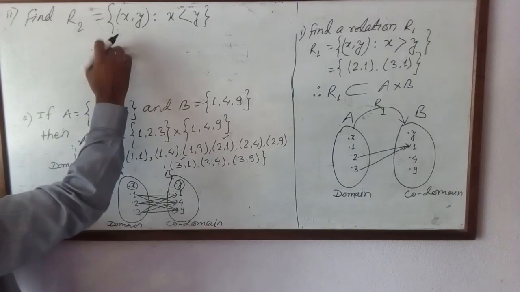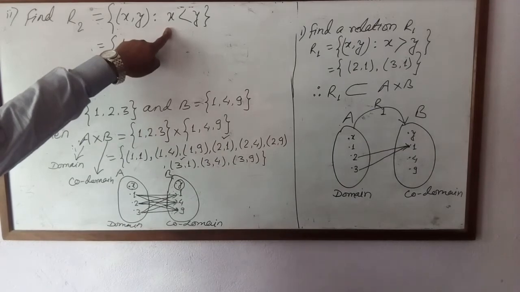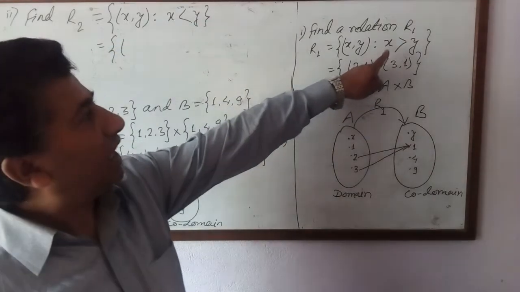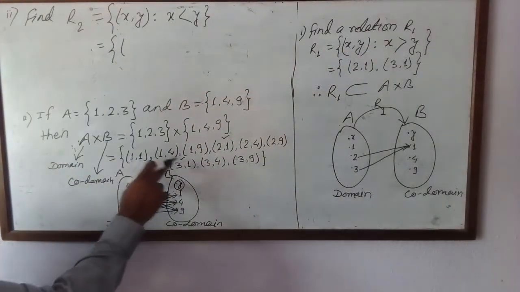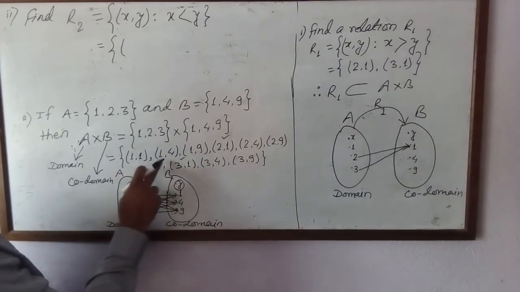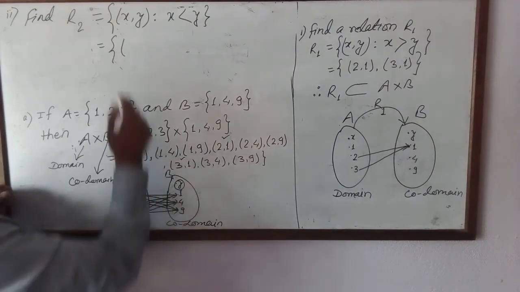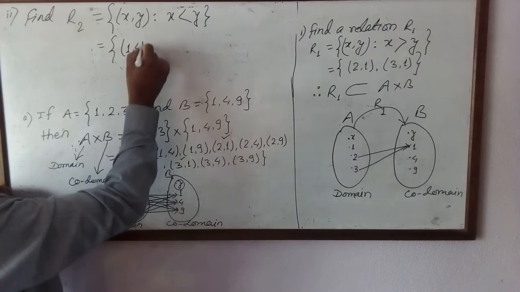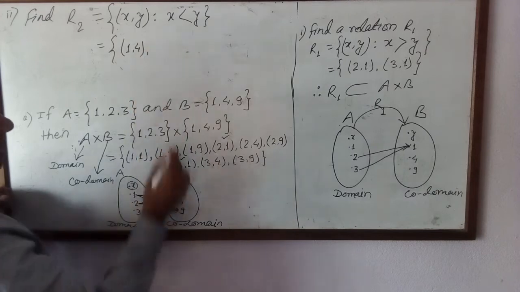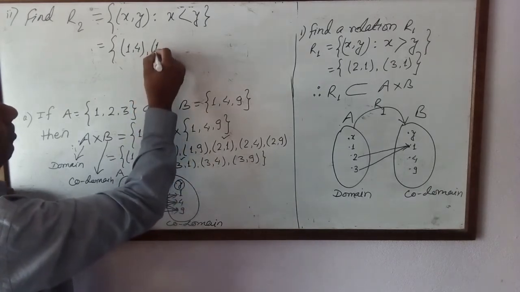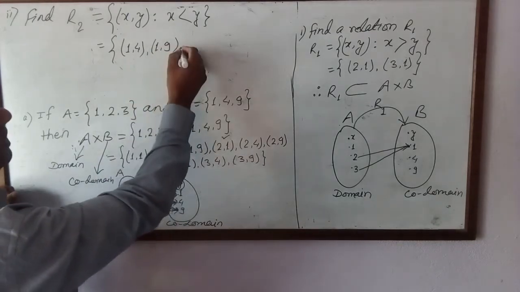Now how many ordered pairs are there? Here we have to take X smaller than Y. In the previous one X was greater than Y, but here X is less than Y. Now from here we have to find, if they are equal, we cannot take them. Here is 1, 4. In 1, 4, 4 is Y, 1 is X. That's why 1, 4 also we can take. This 1, 4 satisfies this relation. Now another one is 1, 9. In this one 9 is Y. It is greater than X, 1. That's why this also comes.